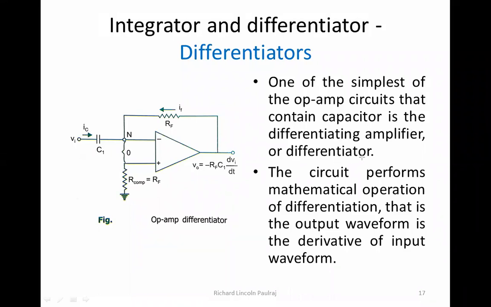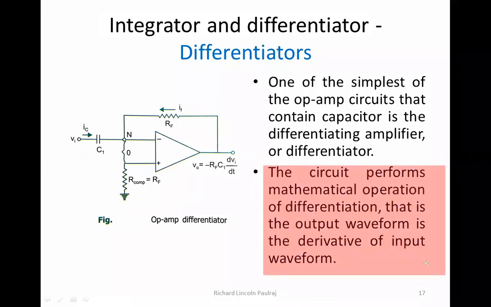The circuit performs the mathematical operation of differentiation, that is, the output waveform is the derivative of the input waveform. This is important, right? So the output is actually a derivative of the